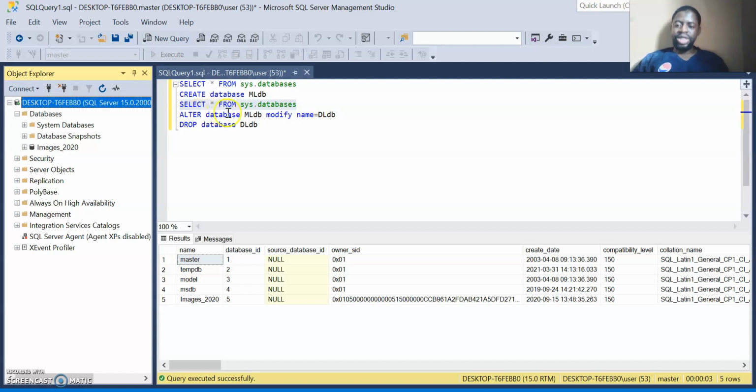And this is just an SQL language. Microsoft SQL language is actually a bit different from some other SQL languages like MySQL, PostgreSQL, and SQLite.